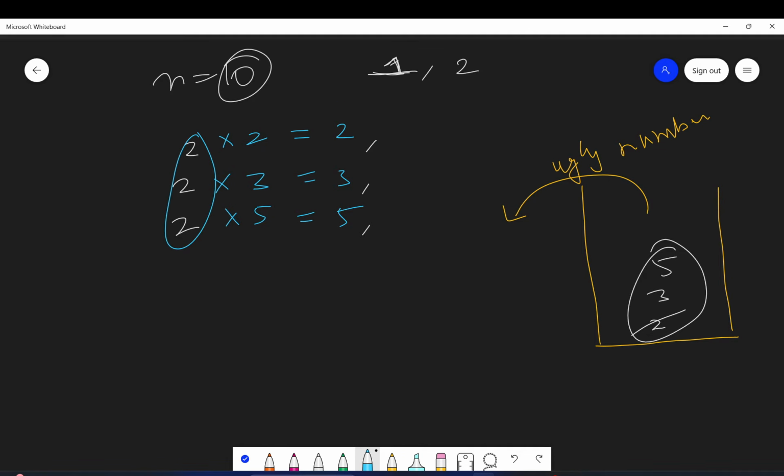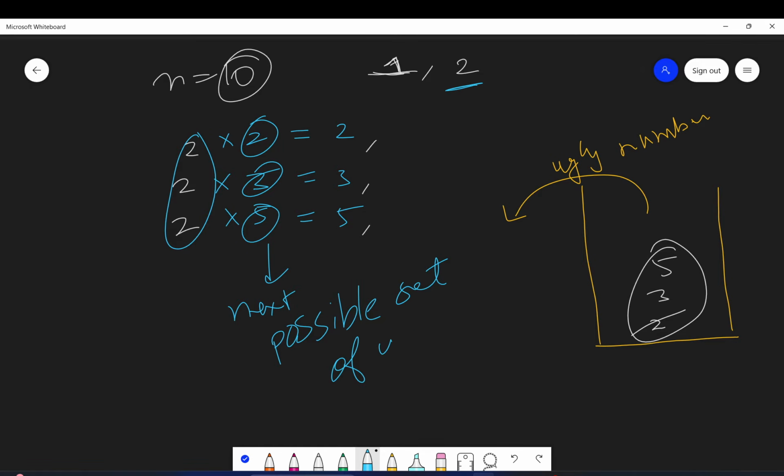So this is the ugly number which we got, and then we will multiply it with 2, 3 and 5 to get the next possible set of ugly numbers. So what will these be? 4, 6 and 10. So I will add these numbers in the min heap. 4, 6 and 10.